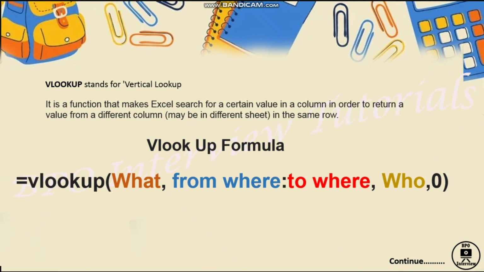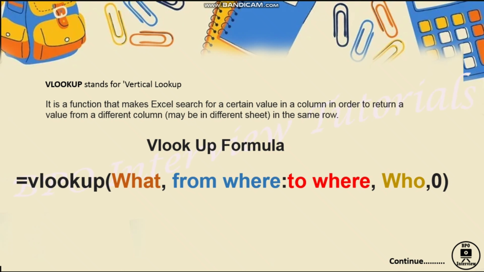VLOOKUP means vertical lookup. For example, if we have certain data in one particular sheet wherein we have employee names and employee IDs, and I have another sheet with only employee names, and I want to find out the employee IDs, then what I will do is go to my first sheet and search the employee name, and relevant to that I will paste the employee ID from that sheet to my other sheet. Doing this manual task will increase our time. That is the reason you guys better use the VLOOKUP formula.